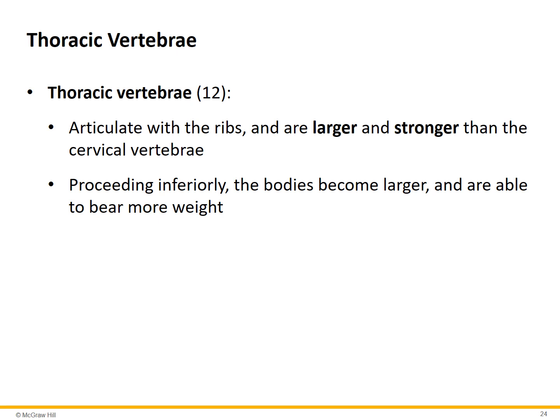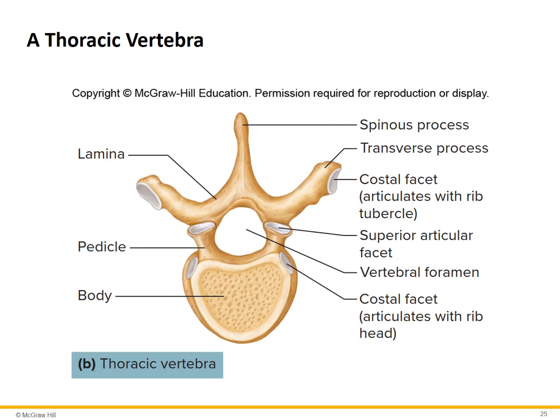The thoracic vertebrae, these articulate with their ribs, and these are larger and stronger than the cervical vertebrae because the vertebrae are bearing more weight of the body. So as you proceed down the spinal column, the bodies of the vertebrae become larger and they're able to bear more weight. Okay, this is not the best view for viewing this. When you see them in lab, you'll notice that the spinous process, it points down